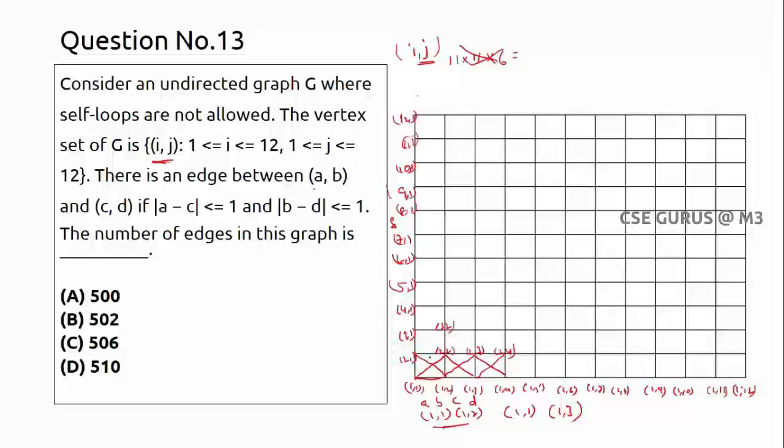Why? Because there are common edges while you are counting. If you take this cell and this cell, this will be a common one, right? So like this we need to check which are common ones, and we have to ensure that. So that's why what I'll do here is check it out. First I'll take this edge and this edge which are inside a cell, right? Which are inside a box. So 2 edges inside each box.